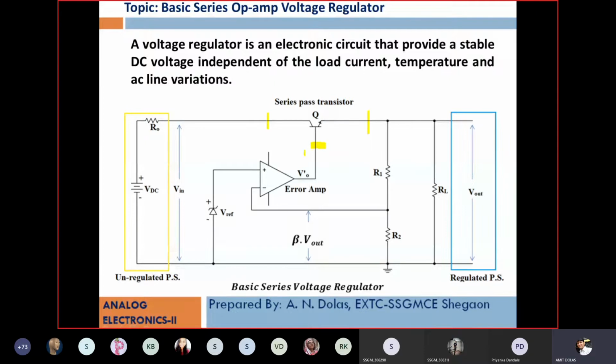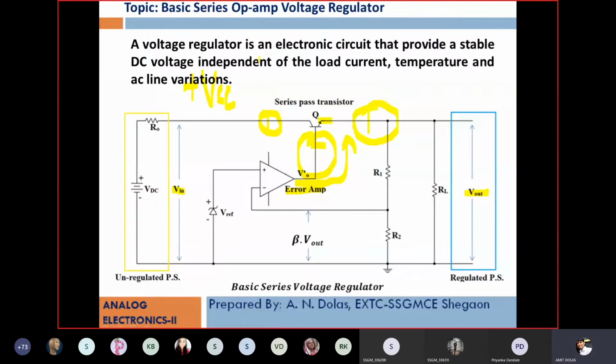Because considering this base is the input, where is the controlling current going? Into the base due to this error amplifier. So base is the input, and where is the output connected? Output is connected at the emitter. This terminal is nothing but the emitter of the transistor. So it is common emitter configuration. And you might be thinking, sir, the unregulated power supply is given to this collector terminal, what about that? This will be treated as VCC. This will be treated as the applied voltage or excitation voltage. So the configuration of this transistor is common emitter, or it is also called emitter follower.